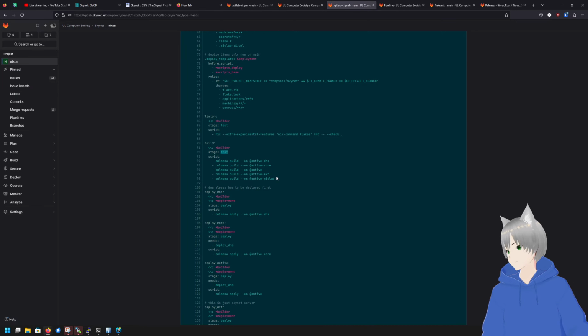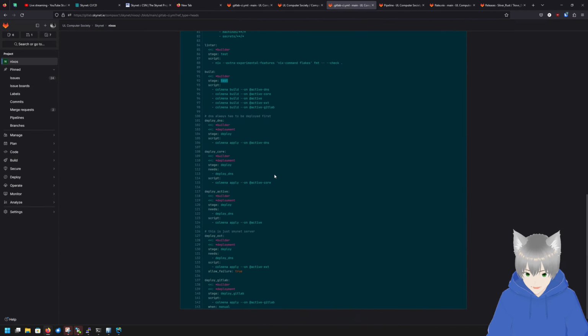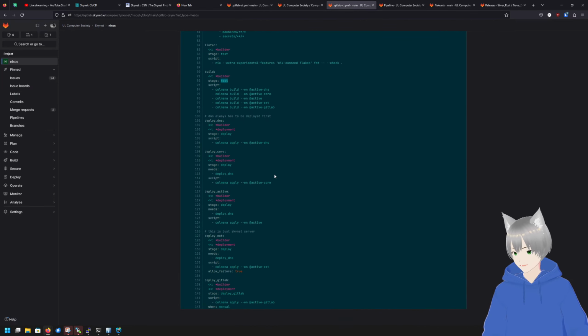But if a deploy job is before another one in the file, then it will run before the other one. There are kind of exceptions to that if you have multiple runners to do the pipeline stuff, but for the current time we only have one runner because we're not really using it that much that it qualifies for multiple runners. Maybe in the future.